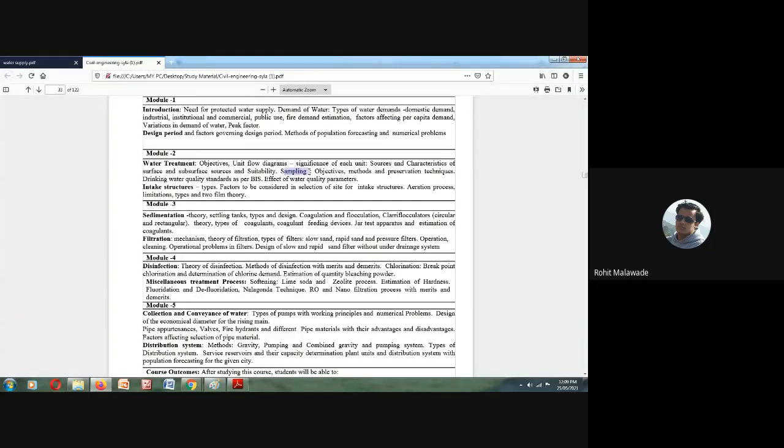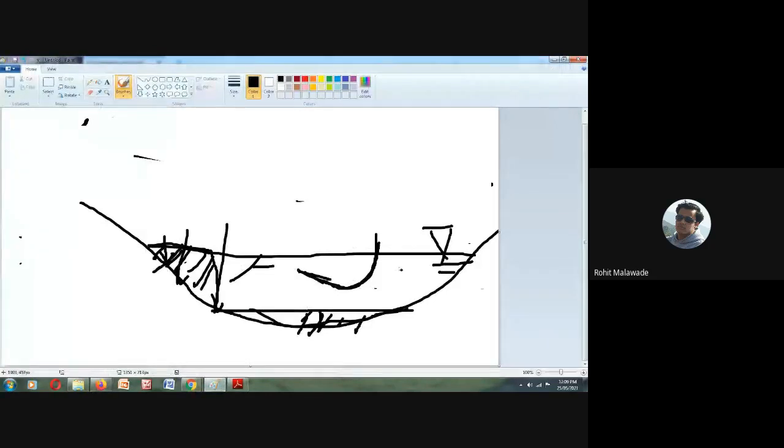Objectives of sampling: in order to test the water quality, and this sampling itself is going to tell you how much treatment we require. Suppose the water body has a little bit of pollution, then after determining the pollution levels, we can tell to what degree we have to give the treatment to the water body.